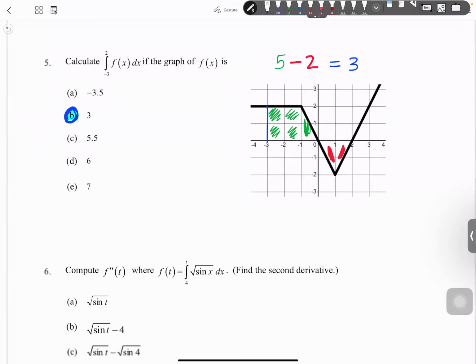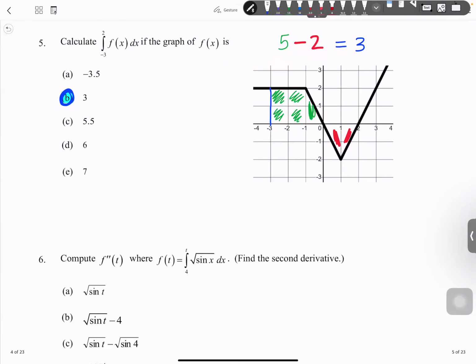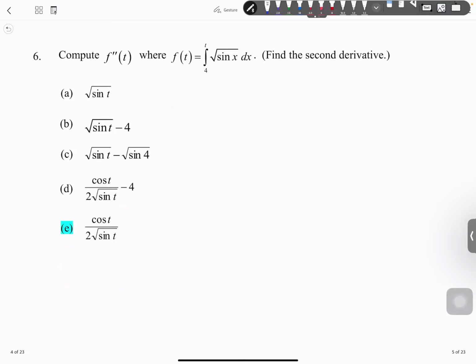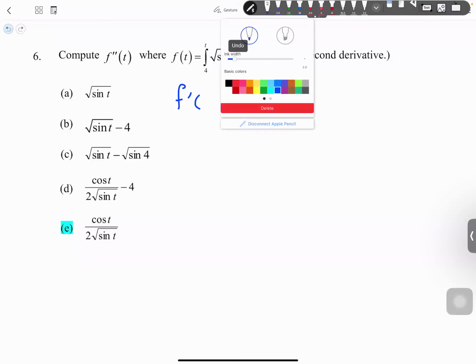All right, problem number 6 wants me to compute the second derivative of t, where f of t is equal to the integral from 4 to t of the square root of sine of x dx. All right. So I'm going to start by finding the first derivative. Now, in this case,